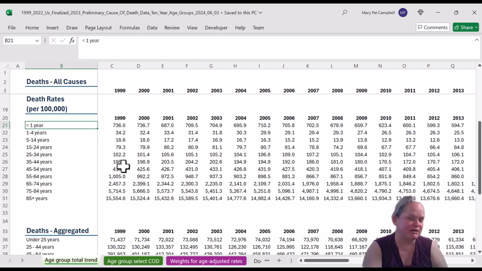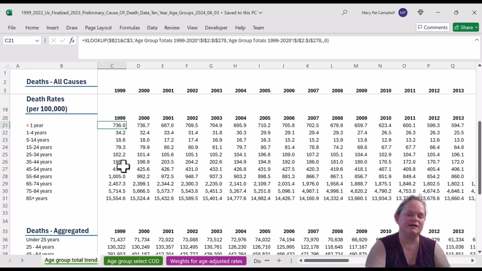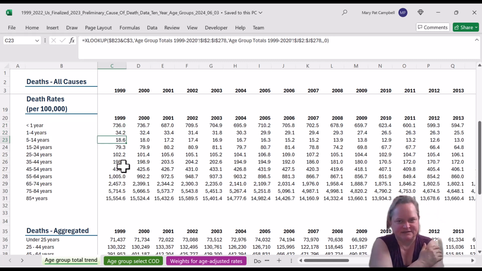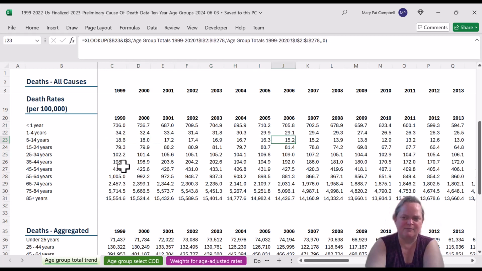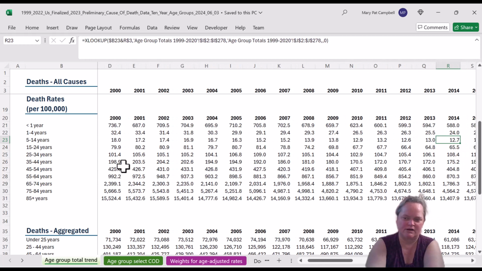I do that in my ranking tables, but that's for me being nice. Most of the time we do it per 100,000, and that's because, look here, 5 to 14 years. The rates are so low. We want to have some whole numbers in here. That's why we do it per 100,000. It is the meaningful unit for